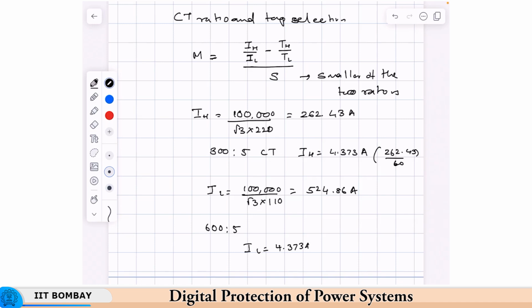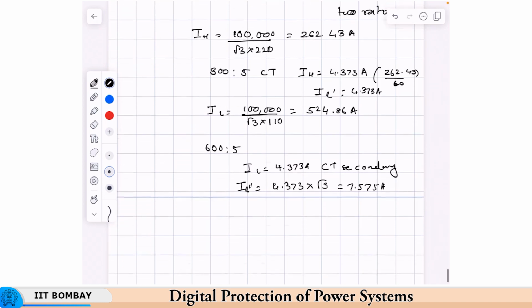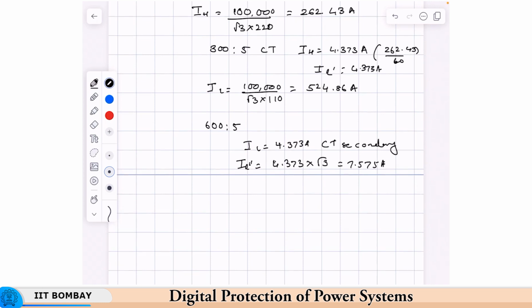But this is in the CT secondary. Because of the CT connection in the restraint, what will we have? We will have IR, the I restraint dash, and the I restraint double dash will be into root 3, so 7.575 amperes. Now in this particular relay, say we take TH as 5 and